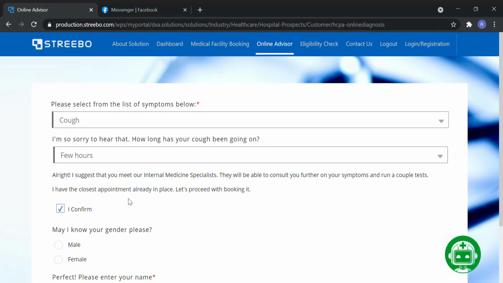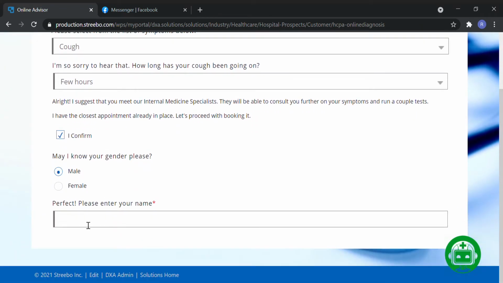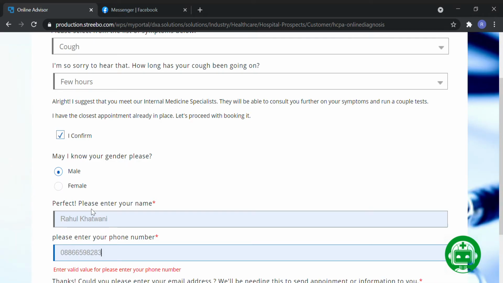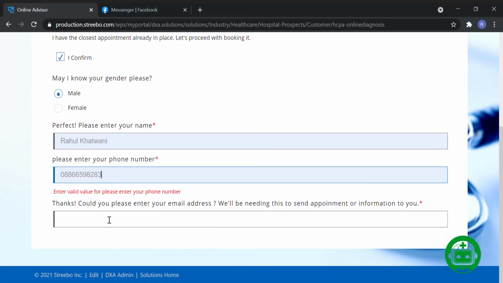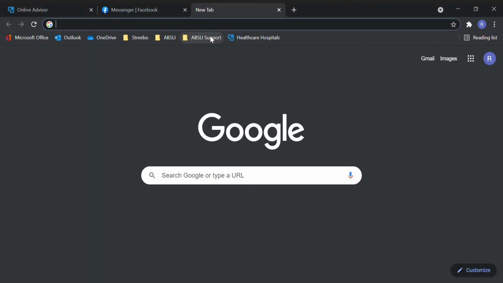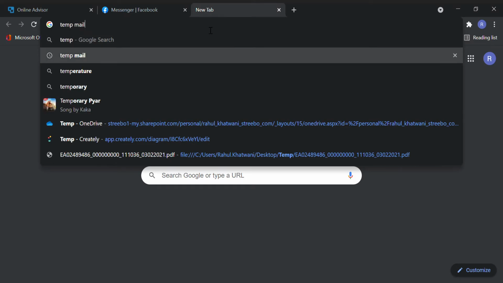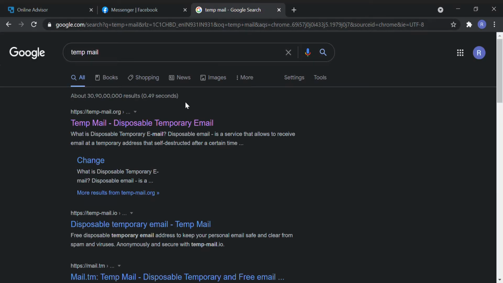I confirm, enter my name, my phone number, and email address. After booking an appointment, it will provide us a mail confirmation that we can check. So I will type in the temp mail.